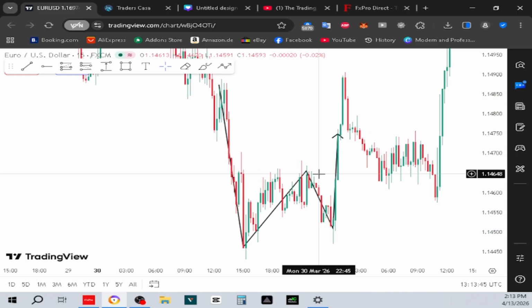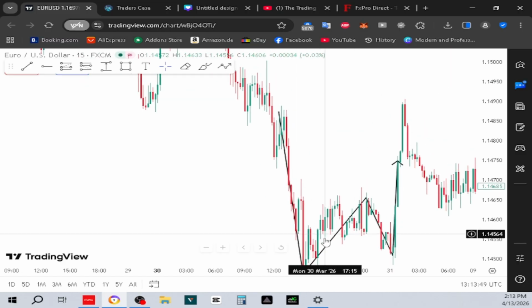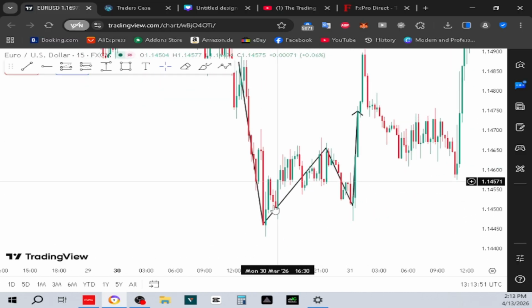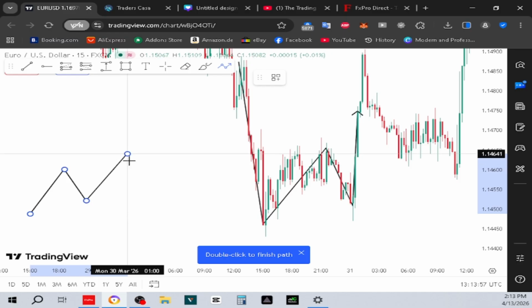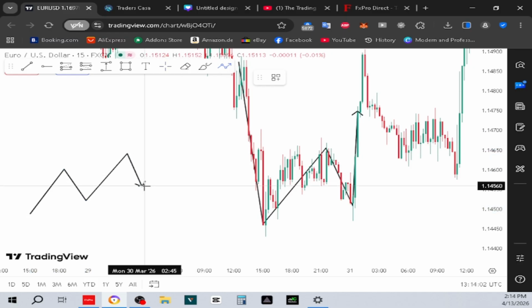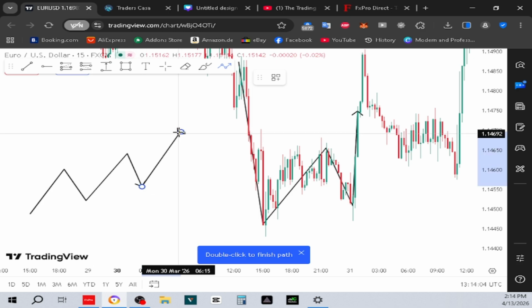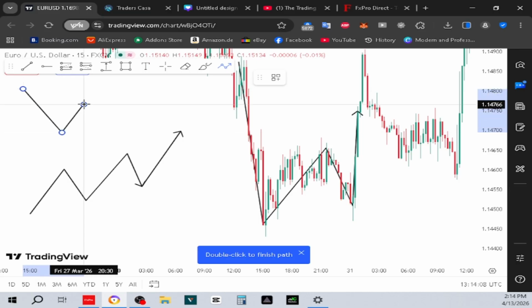Now, what we can simply see here was simply a change in trend direction. Here we have a downtrend. Here we have this, right? So we have one, two, three. Like I said, this is an example of a bullish trend, right? That's an example of a bullish trend. So we have an example of a bullish trend right there. So an example of a bearish trend, we have this,